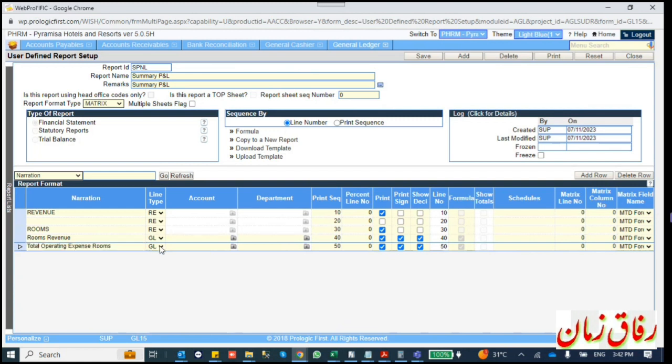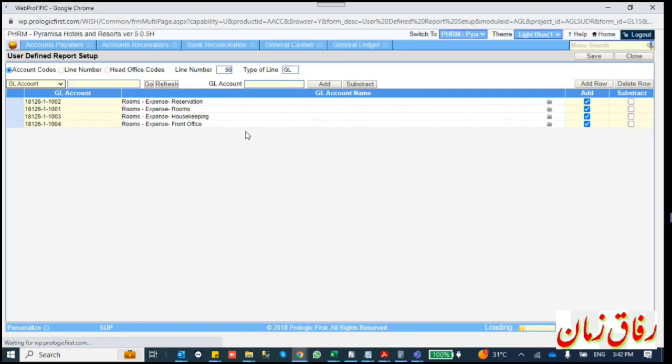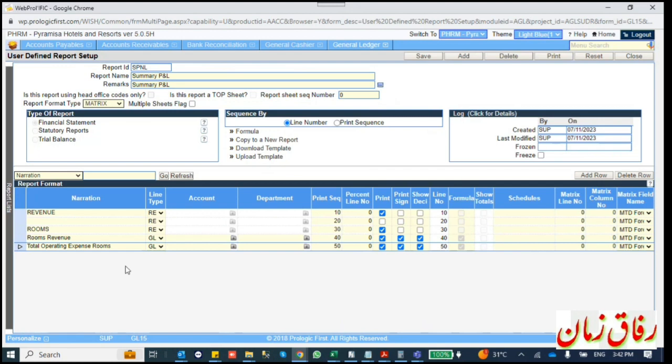I have written it, later I will write it, then you go to formula. Tell the line number and all these things you should add, then add row one by one. Yes, and then press the save button, it will save that. Okay. Now the next part is